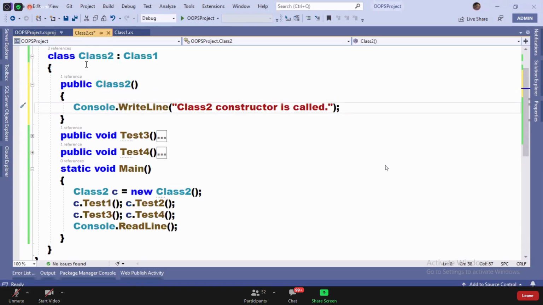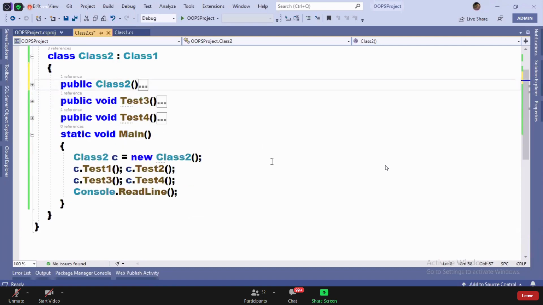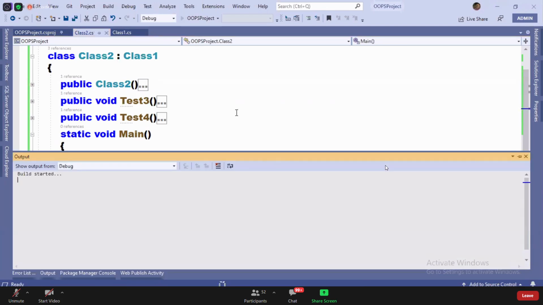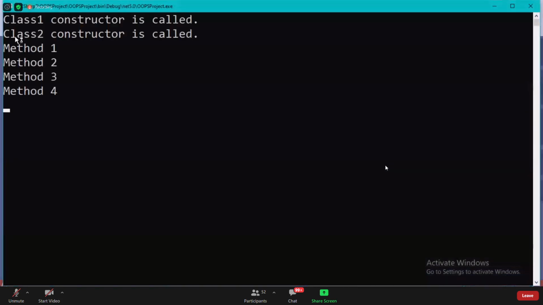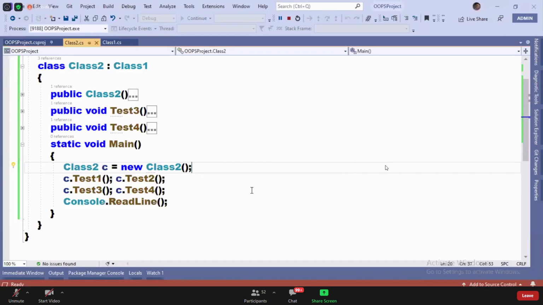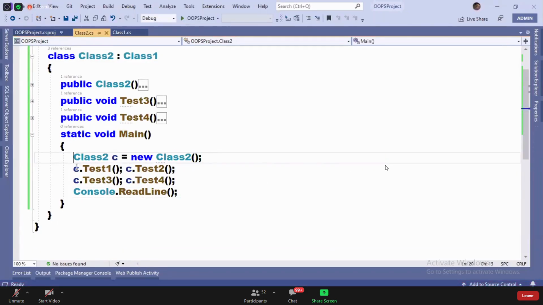Now both classes have an explicit constructor, right? Run the code and watch. What is called first? Class 1. Next, class 2.